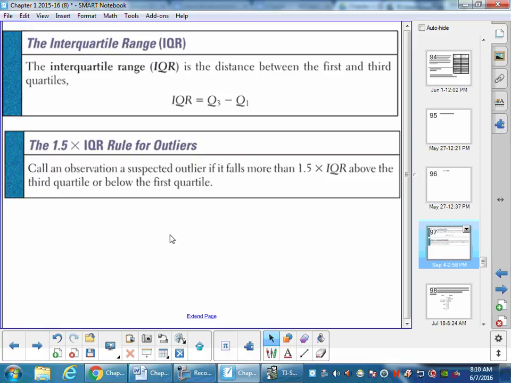So the first thing we do when trying to look for outliers is we find the interquartile range, which is Q3 minus Q1. And then when we have the interquartile range, we take 1.5 times that and see how that fits above the third quartile and below the first quartile. So what this means is, if I have a box plot,